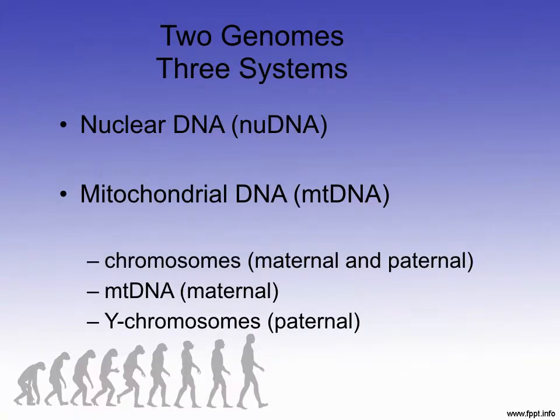So you might be wondering why I say that there are 2 genomes and 3 systems. The reason is that we all have, in the nucleus of each cell, a genome, which we refer to as our nuclear genome. This is where the chromosomes are in the nucleus. But we also have, outside of the nucleus but still inside the cell, in the cytoplasm, the mitochondrial DNA,